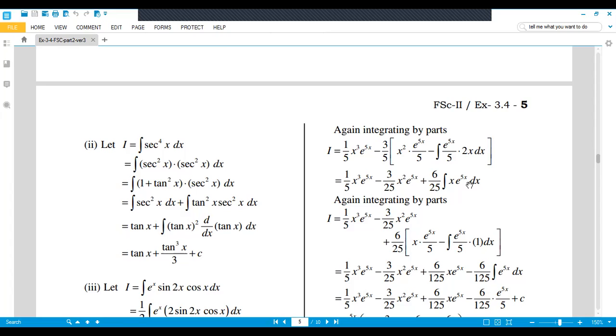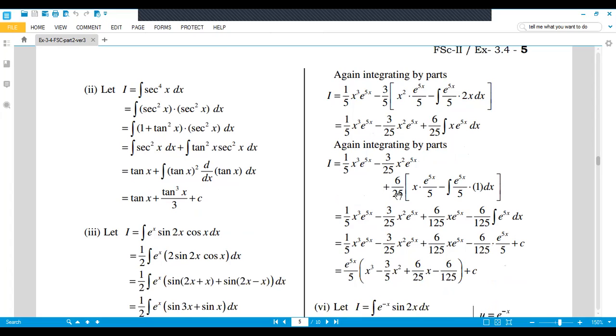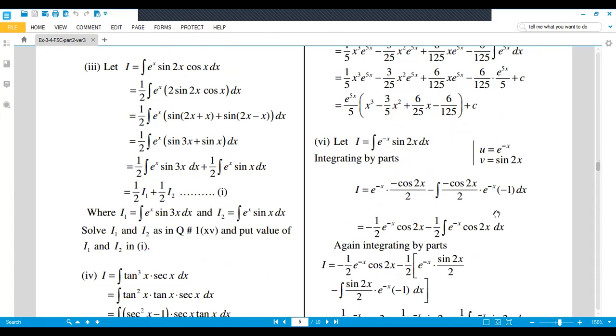Again for this we solve it by integration by parts. So 6 over 25, x as it is, times the integral of e power 5x, which is e power 5x over 5, minus the whole integral of e power 5x over 5 and the derivative of x is 1. Now here 6 over 25 multiplied inside with 5 gives 6 over 125, and this value, and minus 6 over 125 integral of e power 5x dx. So we take the integral of this, e power 5x over 5, so 5 multiplied with 125, or you can take e power 5x over 5 common, so you will get this. So this is the required answer.